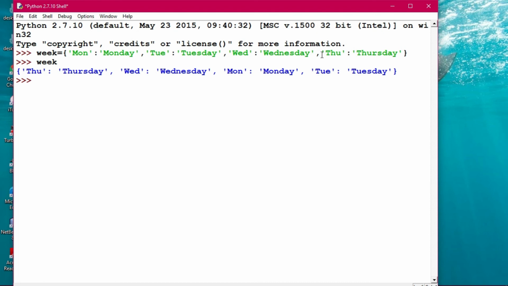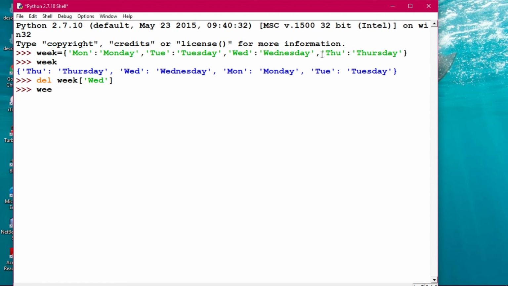I have erased it, and now I will use del, and then give the dictionary name. What is the name of the dictionary? Week. Okay, and then you give which key you want to remove. Say I want to remove weight, so I will give weight. It is case sensitive, it must match. Remember, otherwise it will not be deleted. Okay, del week weight. It has gone.